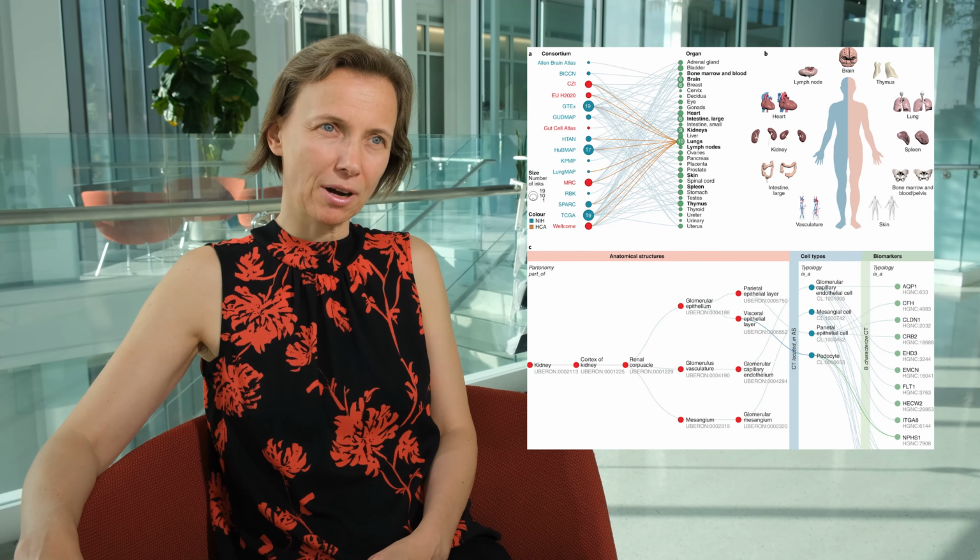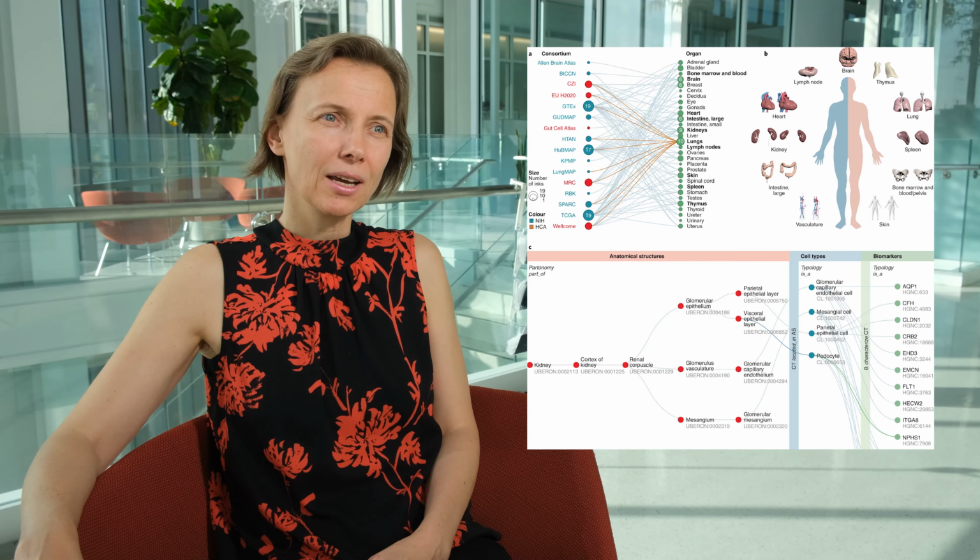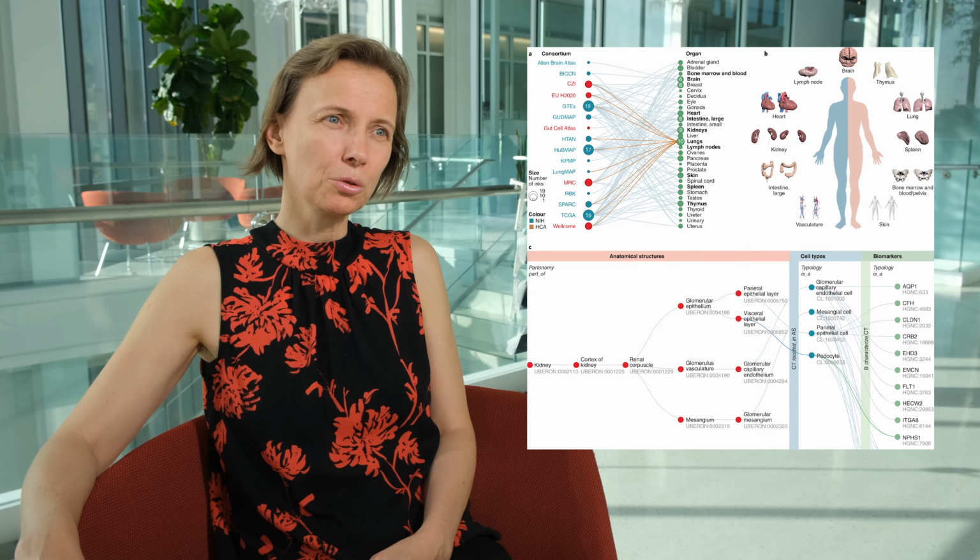It takes a village to construct an atlas. HubMap is collaborating closely with many consortia to construct so-called ASCT+B tables that characterize major anatomical structures. They also describe what cell types are commonly found in these anatomical structures and what biomarkers are used to characterize